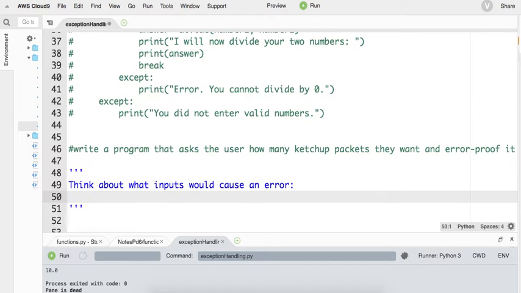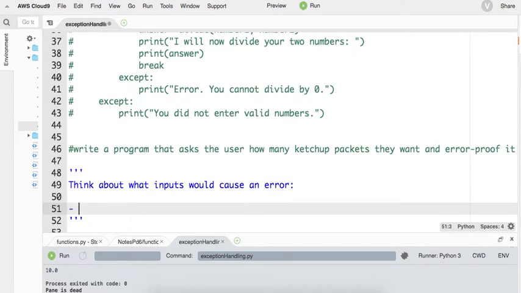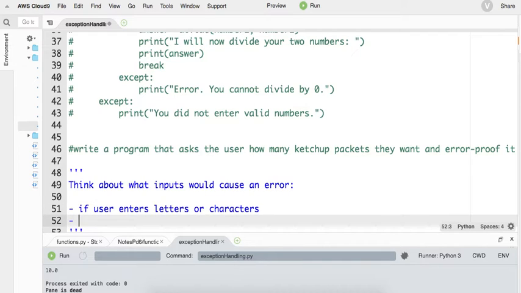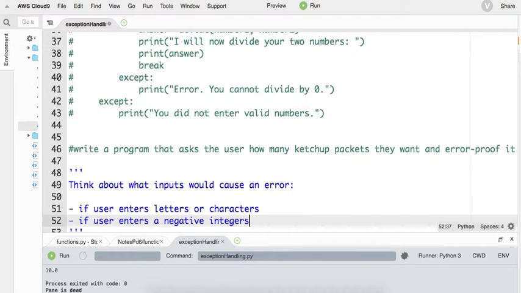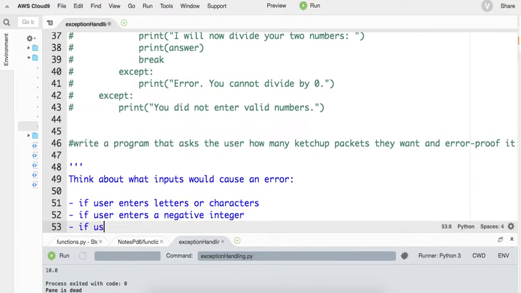Okay, so the obvious thing is that if the user enters letters or characters, right? But then also, let's say the user enters a negative integer, and also if the user enters